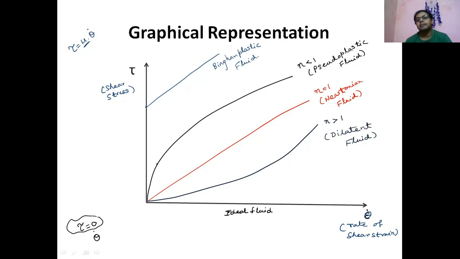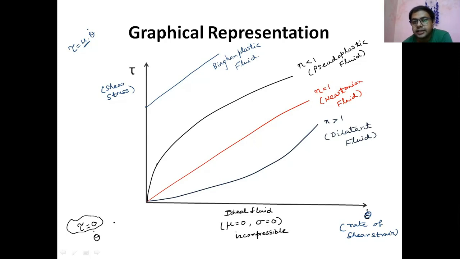So I'll give some definition of the ideal fluid. Ideal fluid means those fluid having no viscosity, no dynamic viscosity. One more thing, no surface tension. We'll come to the next topic, the surface tension, no surface tension. So inviscid, no surface tension, and incompressible. So ideal fluid means